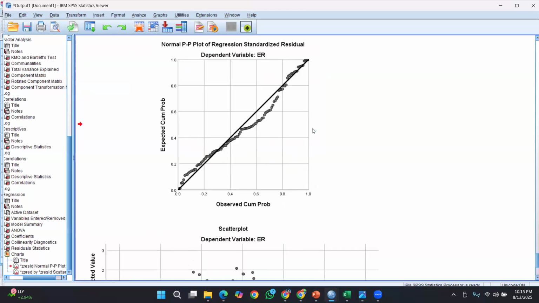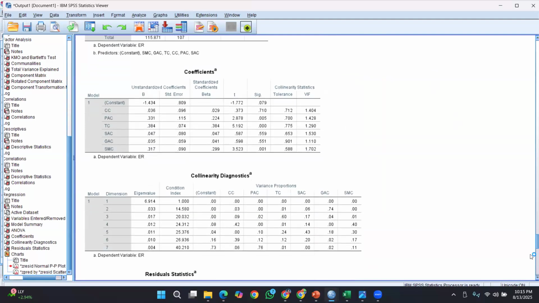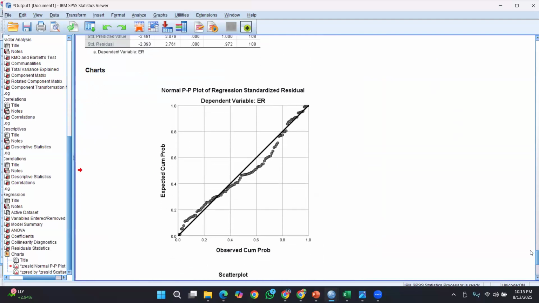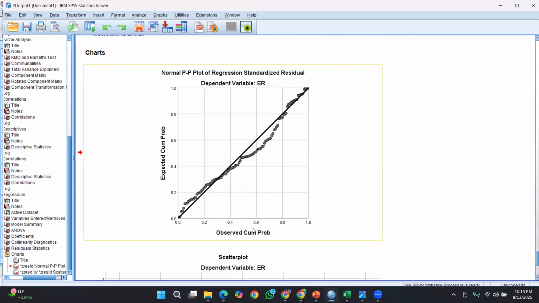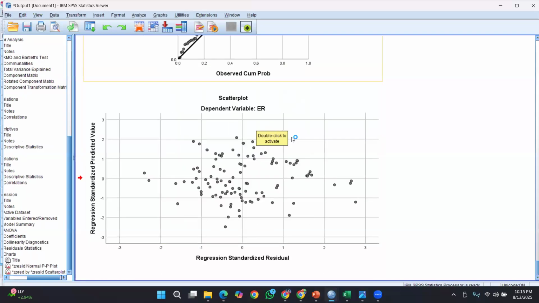Right, and apart from that, I have picked some graphs to support your assumption testing. So this is a normal P-P plot. Here, you have to interpret it in a way that this dotted line shows the ideal, and there's a slight deviation of the actual occurrence. Right, and this is the scatter plot.